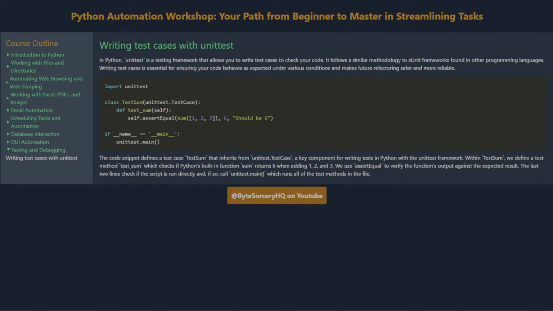Writing test cases with unittest. In Python, unittest is a testing framework that allows you to write test cases to check your code. It follows a similar methodology to xUnit frameworks found in other programming languages. Writing test cases is essential for ensuring your code behaves as expected under various conditions and makes future refactoring safer